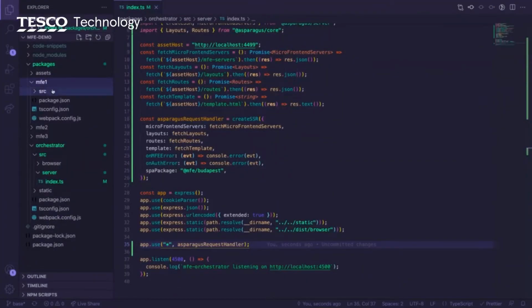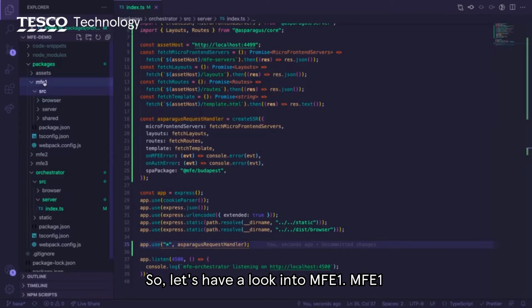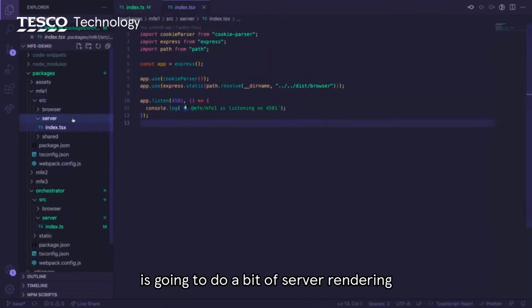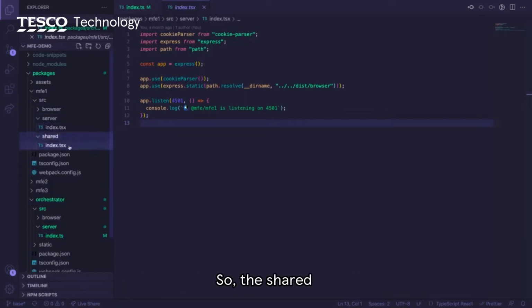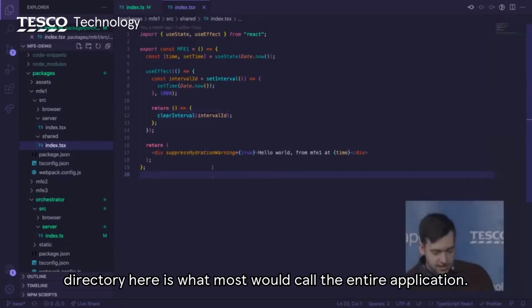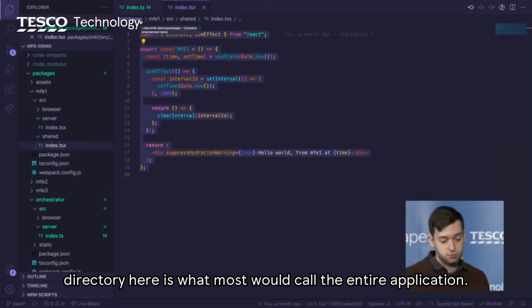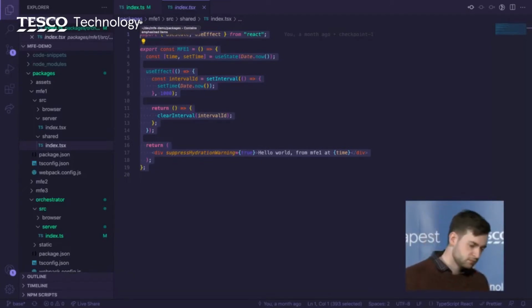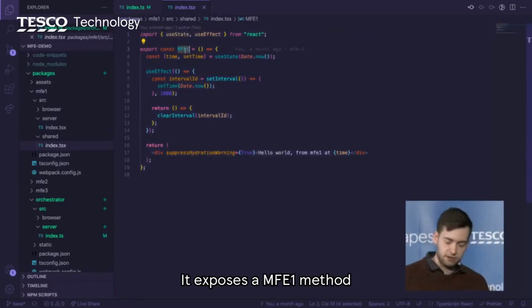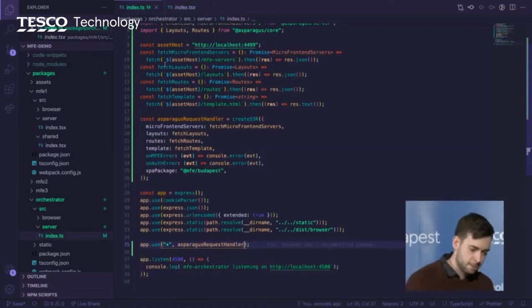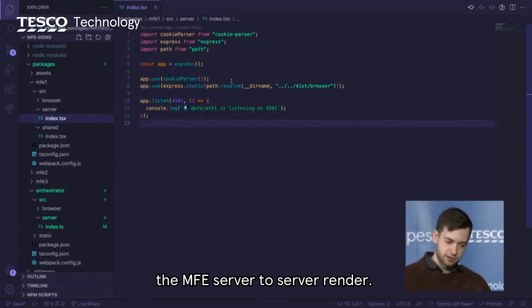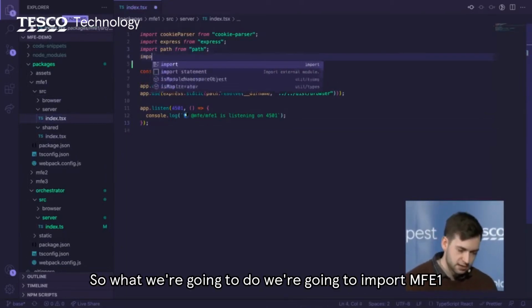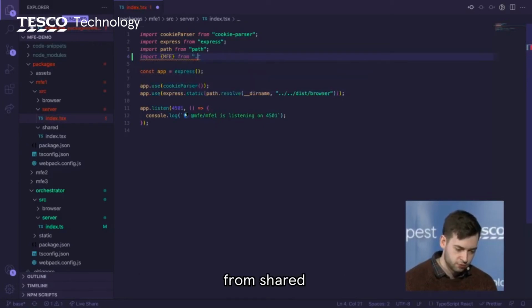So let's have a look into MFE1. MFE1 is going to do a bit of server rendering, and it's already got this server set up. Actually, it doesn't need to do much more. So the shared directory here is what most would call the entire application. It exposes a MFE1 method that we want to use in the MFE server to server render. So what we're going to do, we're going to import MFE1 from shared,